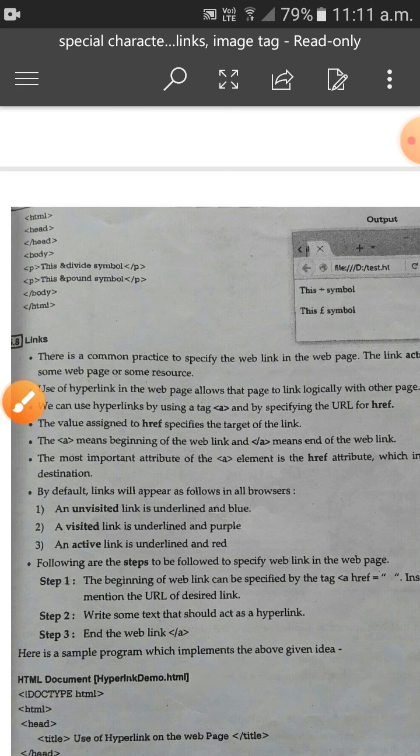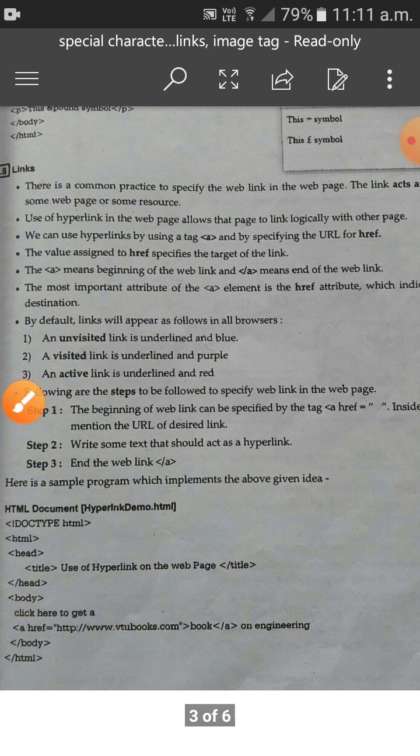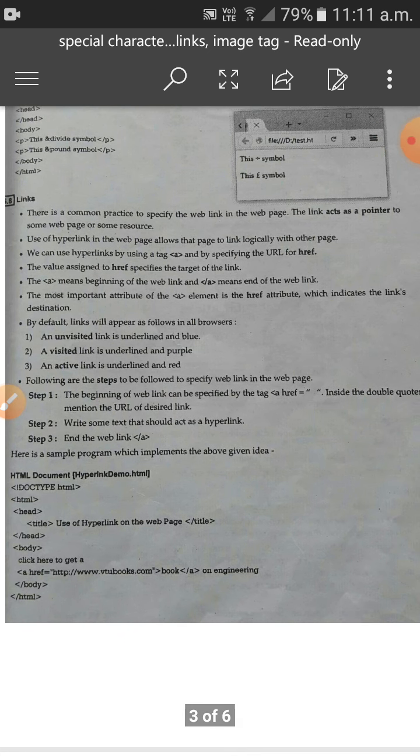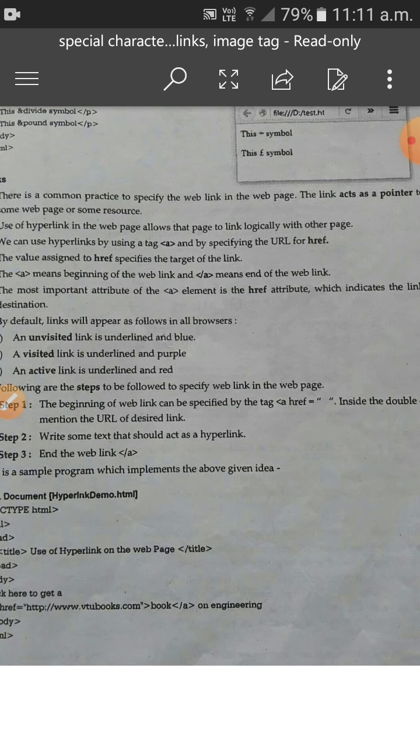Next we'll move on to the next tag, that is the link tag. There is a common practice to specify a web link in web pages. In any web page, if you search something, for example about this college, Dr. SCMC, a lot of links will be displayed.